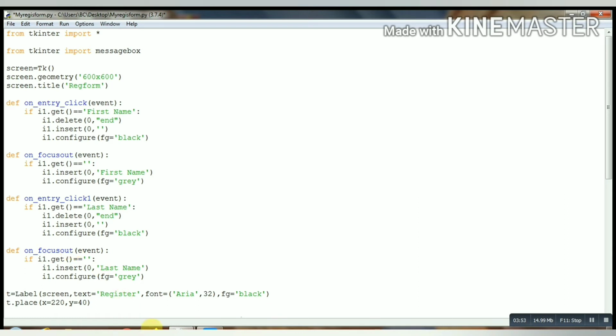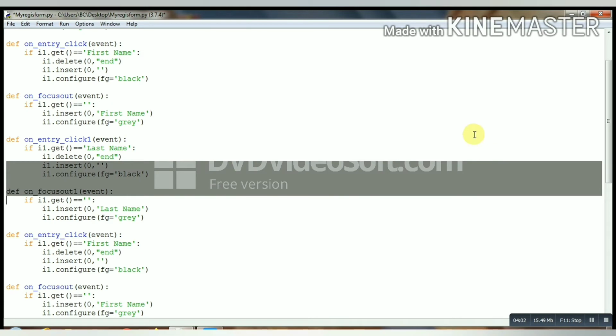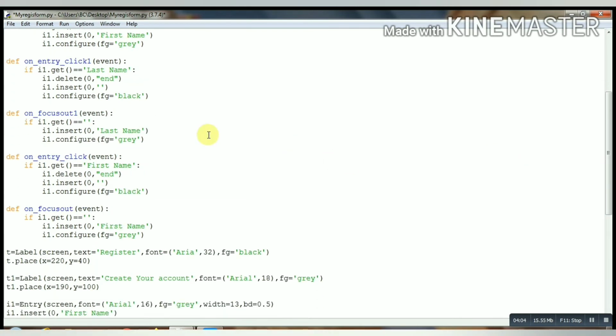Now let's make another function. Control V. Change their names to on focus out 2, and Email. Similarly in this also Email.